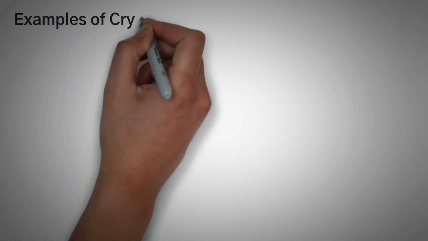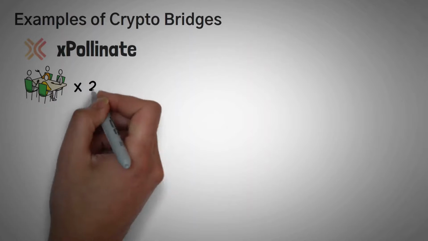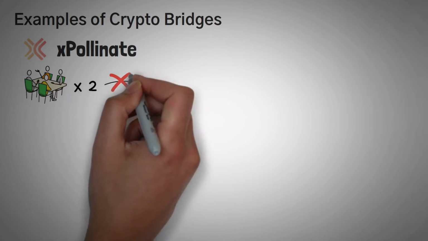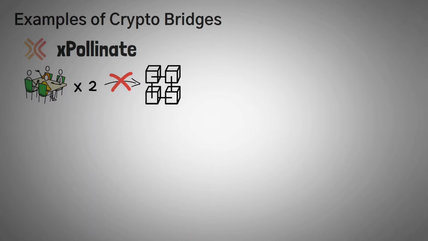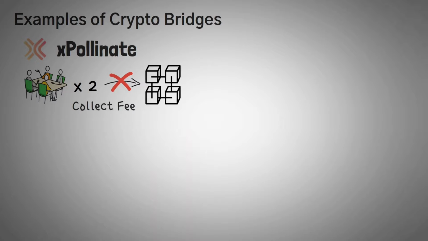Here are a few current examples of crypto bridges. One is Xpollinate. Now Xpollinate is powered by two companies that are actually unaffiliated with the blockchains that you are bridging to. They have probably created this bridge in order to collect fees paid by the traders. This is actually the bridge that I mentioned earlier that had zero liquidity and I had to wait 4 hours, but it worked. Next up is the Matic bridge.